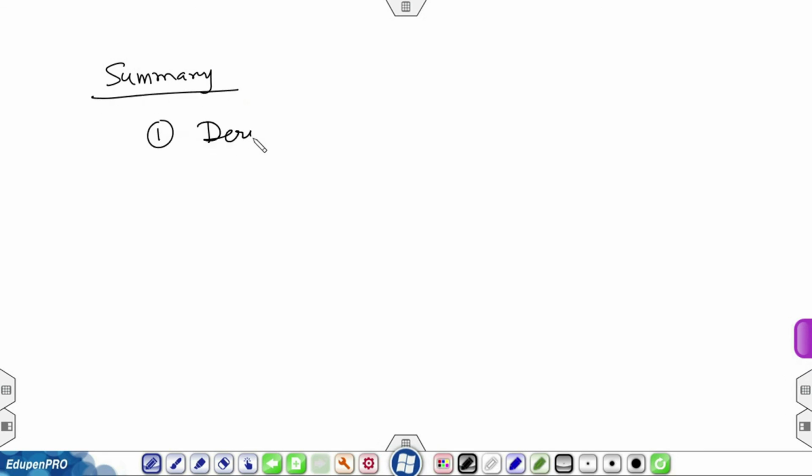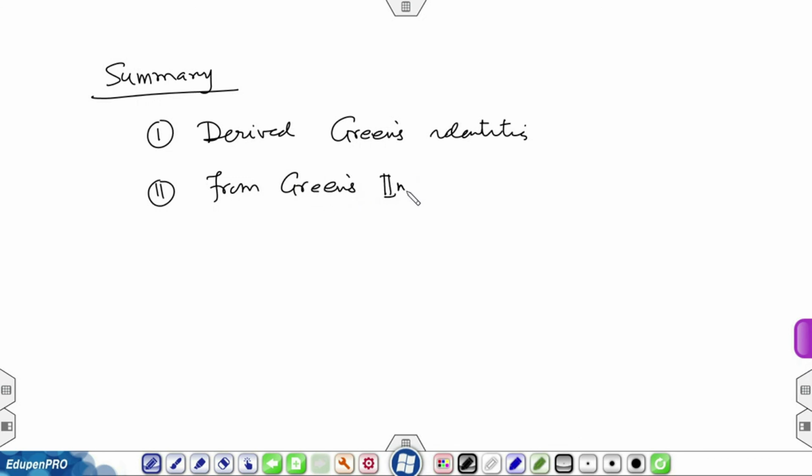First, derived Green's identities, two from Green's second identity, obtained Green's reciprocity theorem